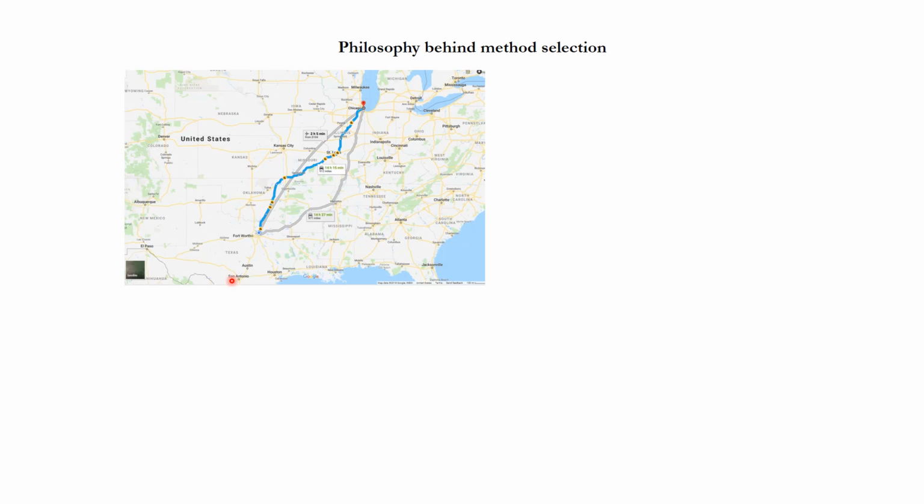For example, if you want to start from Dallas and you want to go to Chicago, how do you do that? You first of all put the destination in Google Maps, and it gives out possible options: you can take a car or you can take a flight or you can walk all the way, or figure it out.